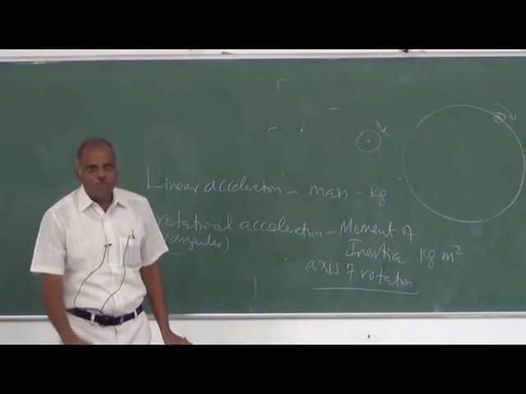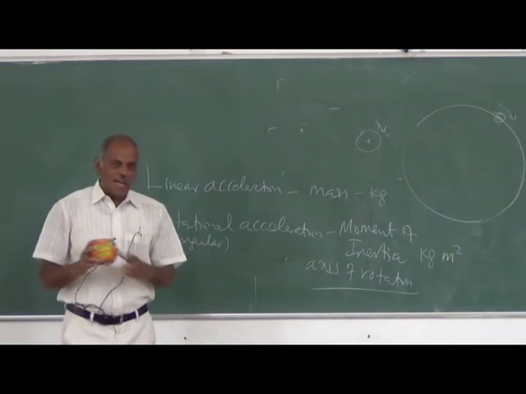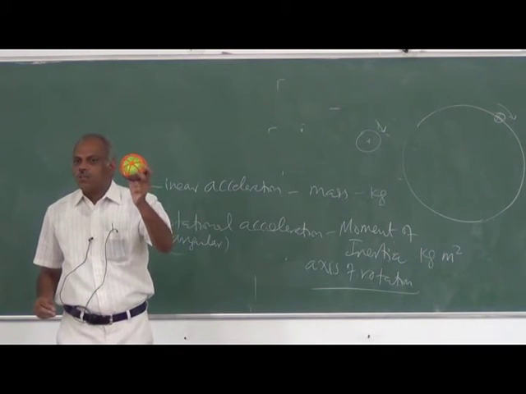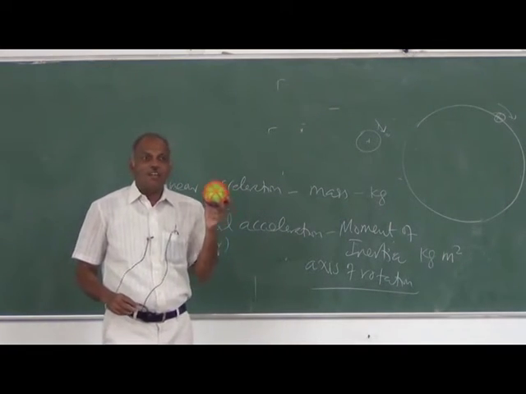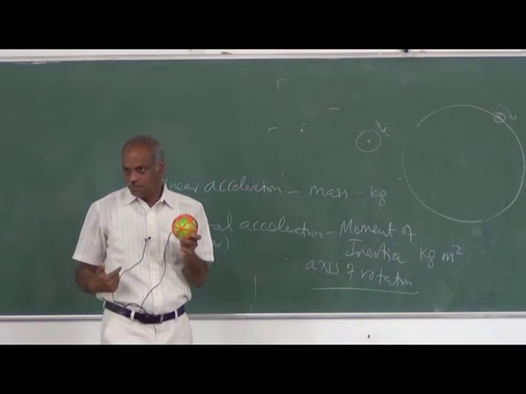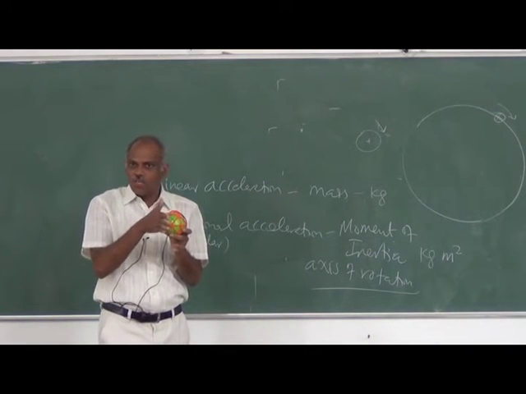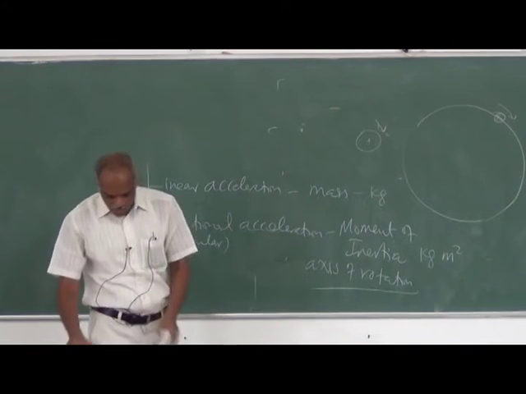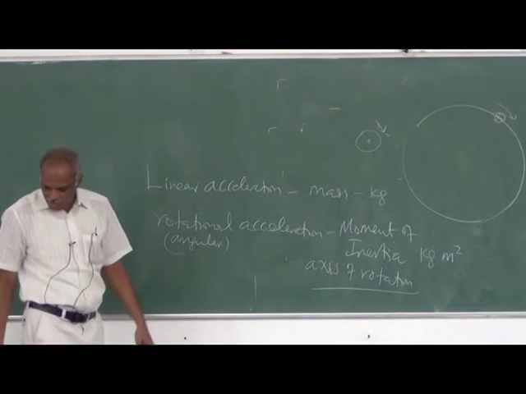So you cannot say that simply. I can say that this ball has a mass of about 200 grams. I cannot say that the moment of inertia of this ball is 200 gram centimeter square or gram millimeter square. That is an incomplete statement. I have to say about what axis. About an axis passing through the center of gravity, or an axis passing outside, or an axis displaced somewhere else, we do not know. So that also you have to specify. These are fundamentals, which is just a review of them.